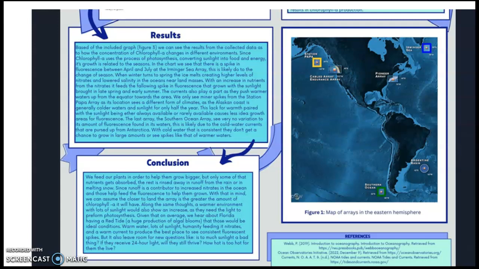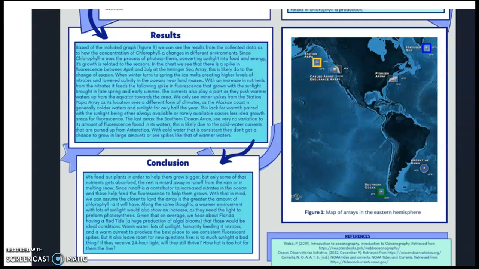We only see minor spikes from the Station Papa Array as the location sees a different form of climate, as the Alaskan coast is generally colder waters and sunlight for only half the year. This lack of warmth, paired with the sunlight being either always available or rarely available, causes less ideal growth area for